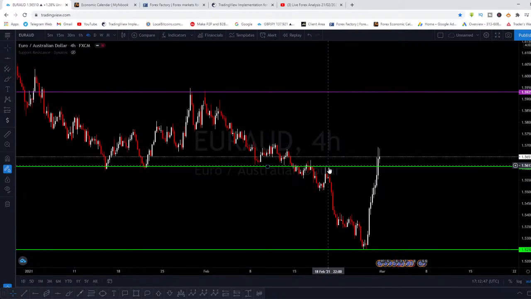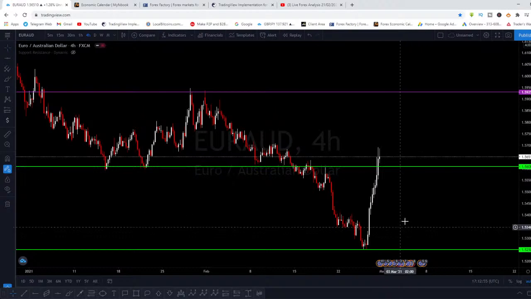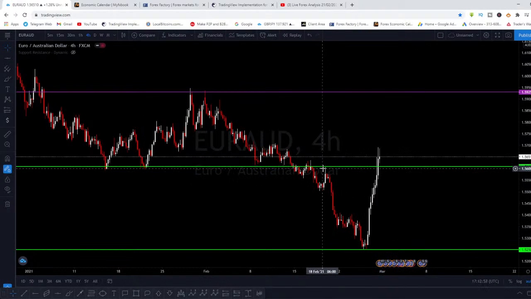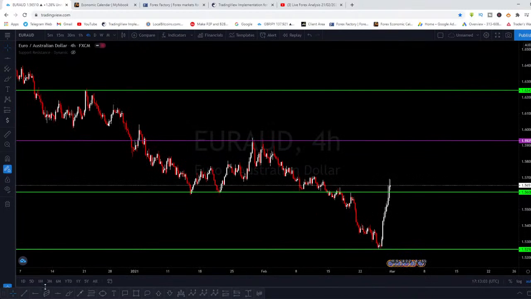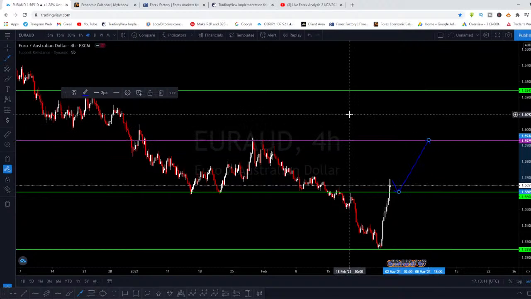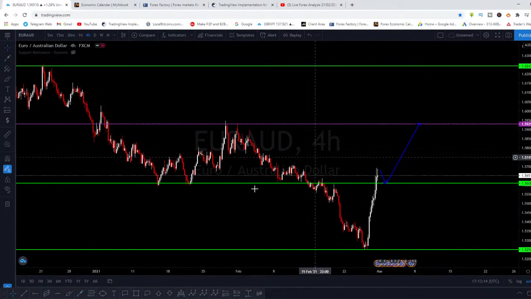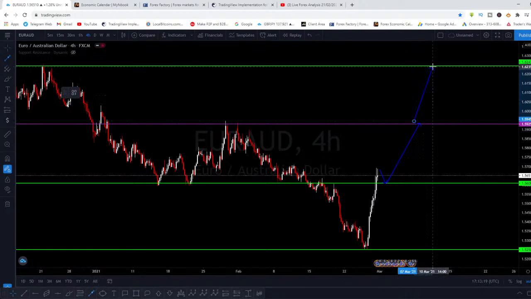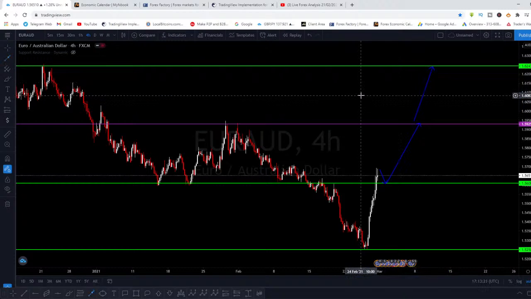But right now, since it has broken out of this structure, I mean, it did not break out of this. We cannot say we do not expect the market to come back down to the downside from this area, right? But right now this zone got broken, and there's a possibility of this Euro AUD continuing to push up to the upside, or it might just retrace a bit, then continue to go up. And if you see the market break out of this, it will still continue to go up. So nobody can tell at the moment, no specific direction. That's what I'm saying on Euro AUD.